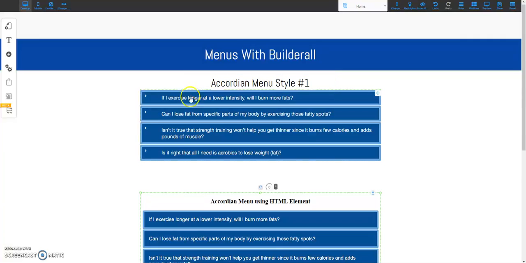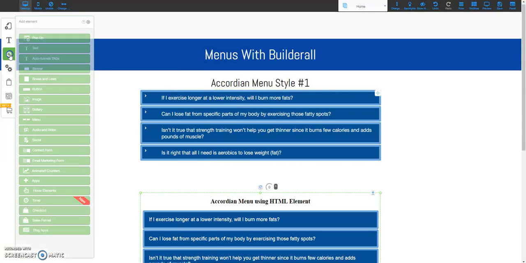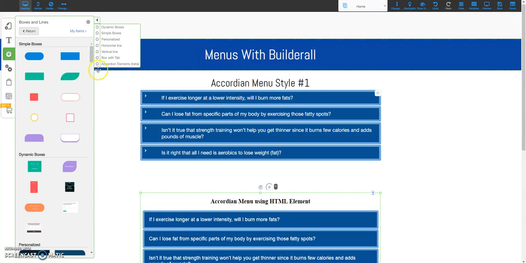Now, how you actually generate this through the drag and drop features of Builderall, you go over here to the left again. You want to add an element, and the element is called boxes and lines. If I click on that, and if you look over to the right, it says Accordion elements, and in parentheses it says beta. So right now they must still be testing this feature. But if I click on that,